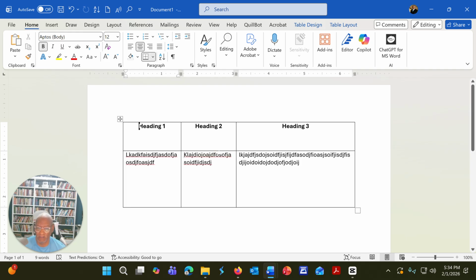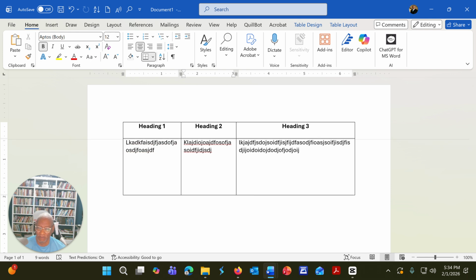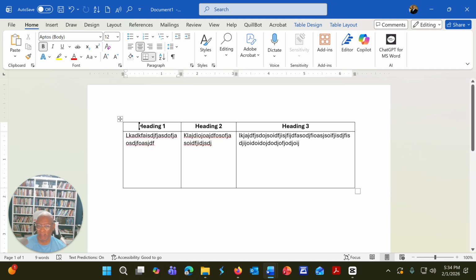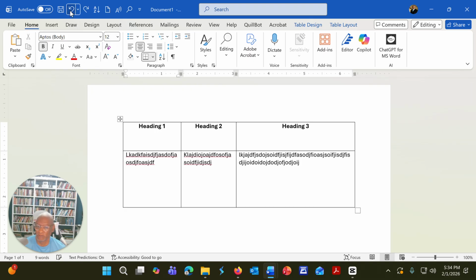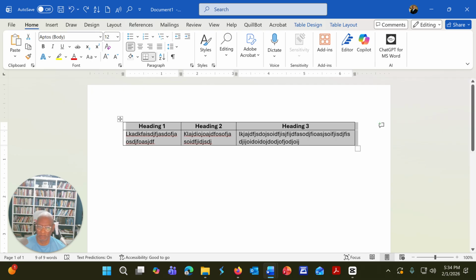You can come in here, find a double-sided arrow on that line, which is very difficult. Not really. And then bring this back up. So you can manipulate the size of the table. If you notice, I stretched it out, and I'm going to click undo to bring us back to where we were. We can also